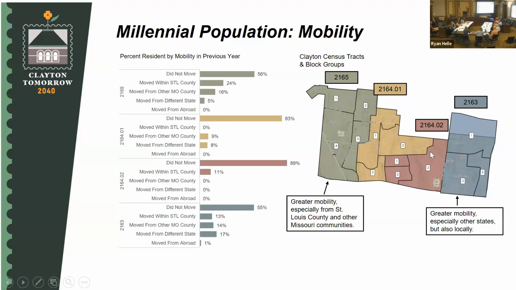89 in this redder section. They probably maybe purchased a condo or. Correct. Exactly. Which is a pretty stark comparison if we're talking 83% and 89% did not move compared to 56 and 55. It's a pretty dramatic difference in those middle sections of the community versus the ones on